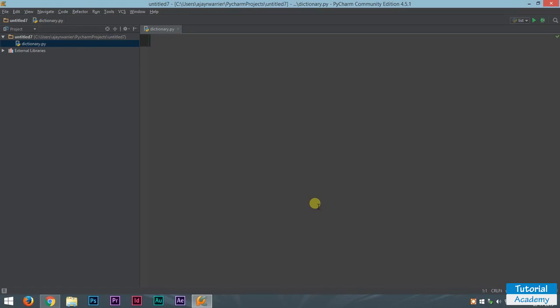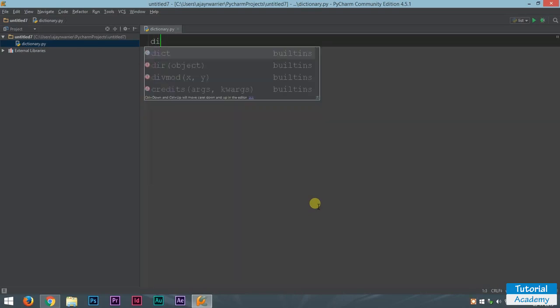So let us start out by making a dictionary. To make a dictionary, all we have to do is type in a variable name. Let it be sample equal to. Now in a list we use square brackets. In dictionaries we use curly brackets, that is curly parentheses. Now inside the curly brackets we will